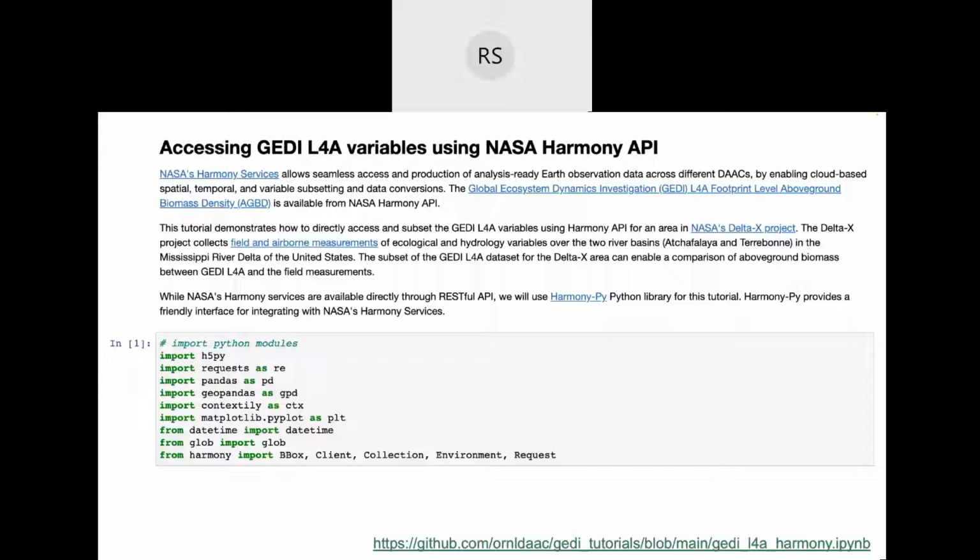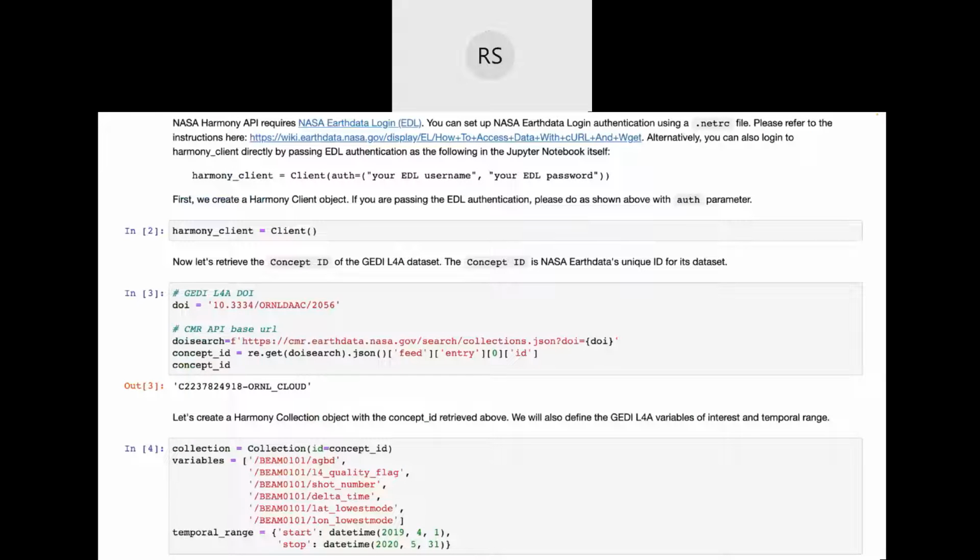We'll be using the harmony-py module here, as the Harmony API is a REST-based API. It can also be accessed directly via HTTPS GET request without using a module, but harmony-py just makes it easier as it incorporates NASA Earthdata Login, CMR API, and Harmony API into a single package. Now let's initialize harmony-py's client. With the client, we can pass our Earthdata Login authentication if we want to, like so. We can also rely on the netrc file that we already have set up in our system when downloading other